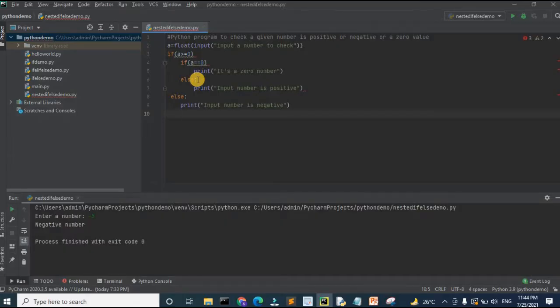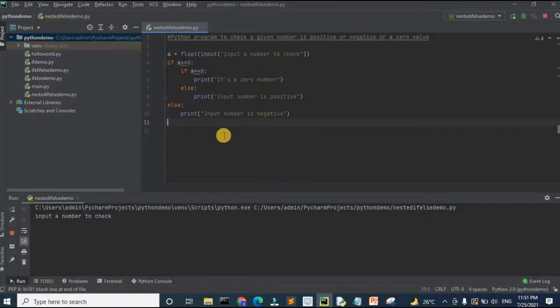Else, if the test expression 2, a is equal to 0, is evaluated to false, then the else block of test expression 2 is executed and prints the message as the input number is positive, and it ends the program. Else, if the test expression 1 is evaluated as false, then the else part of test expression 1 is executed and it prints the message as the input number is negative. Then it ends the program.